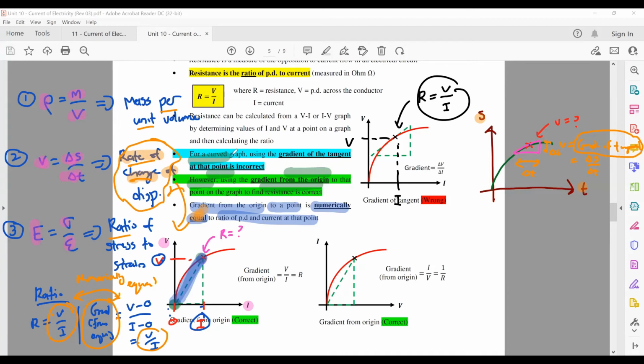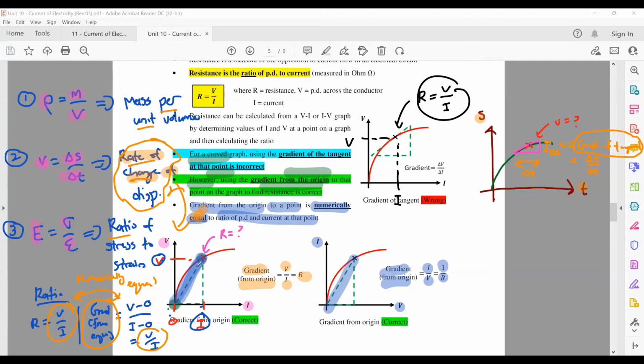Okay, so like in my case here, I can say the gradient from origin is V divided by I is actually going to be equals to R. But there are cases where we could actually reverse your axis, I against V, current versus voltage. So in my case here, the gradient from origin is actually I divided by V is actually the reciprocal of the resistance. Okay, so like if I see these two cases here,